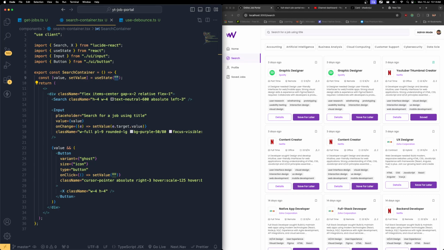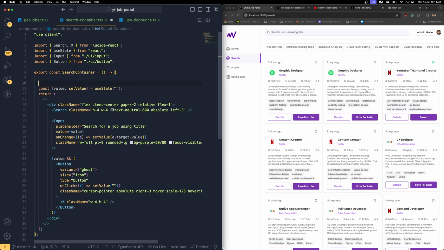Even if the user refreshes it, we need to get that value and display it over here, not an empty string. For instance, if the user searched for UI and refreshed it, the URL will still be there, so the title will be there. We need to get the title and display it in the search box. In order to do that, right above here, first I need to get